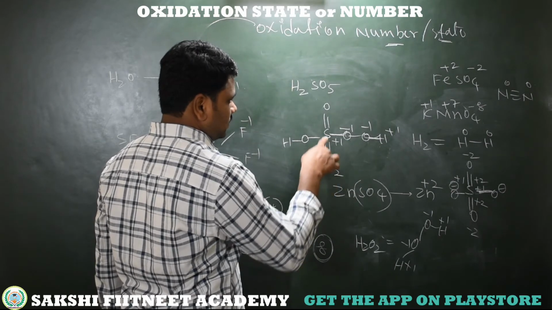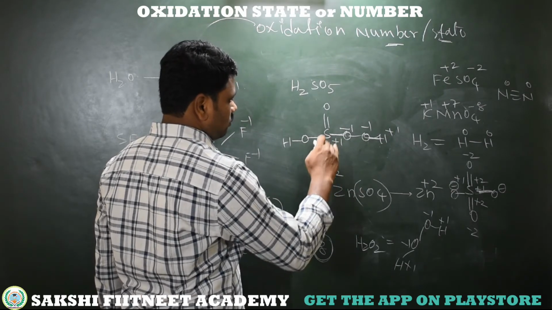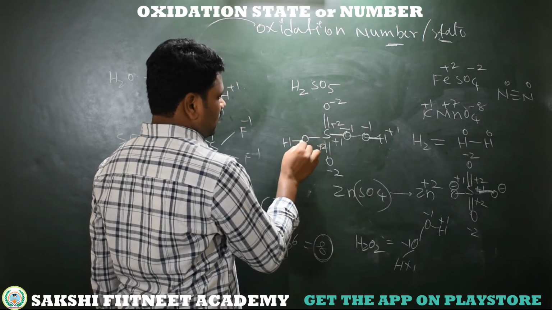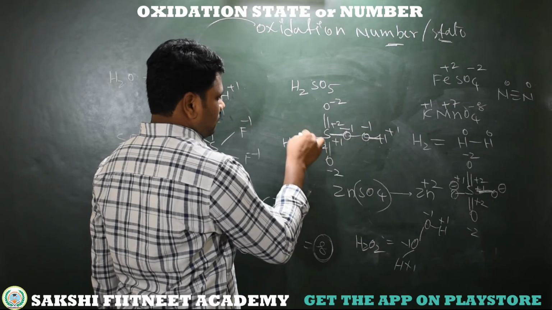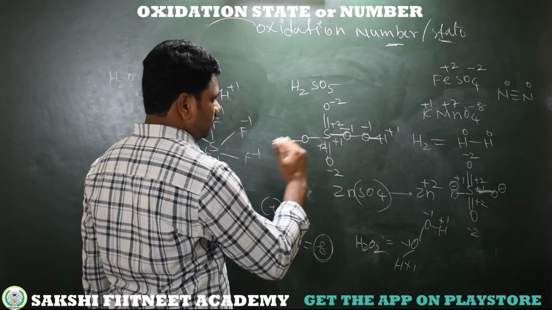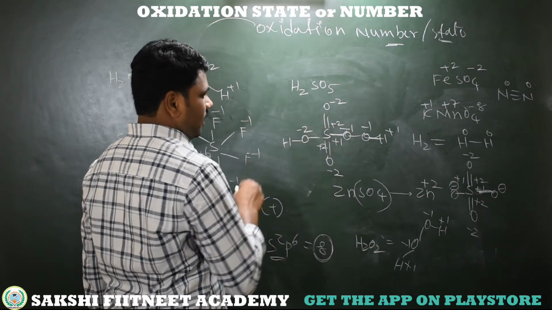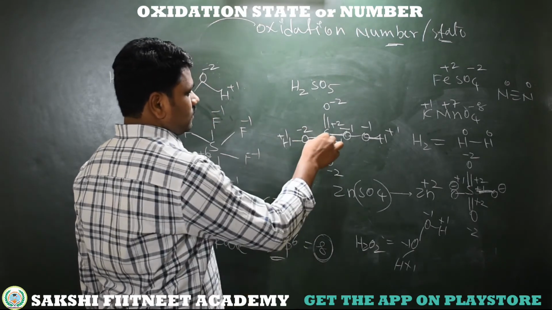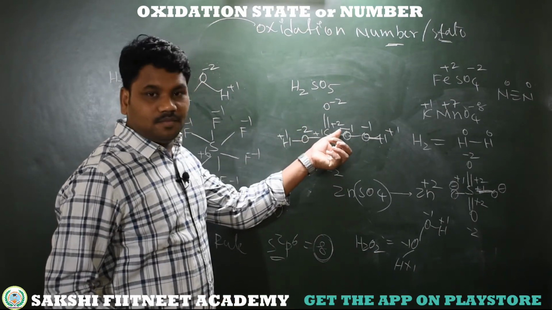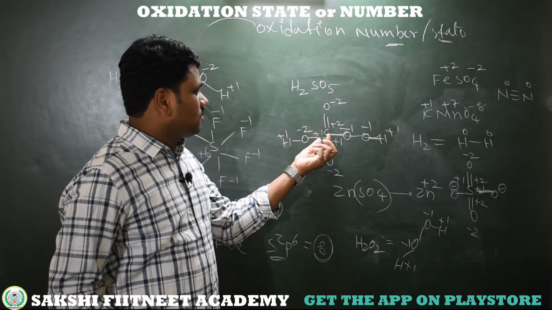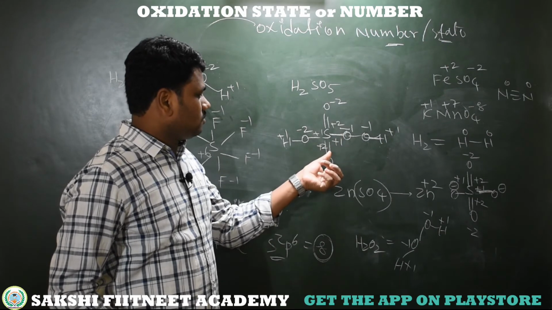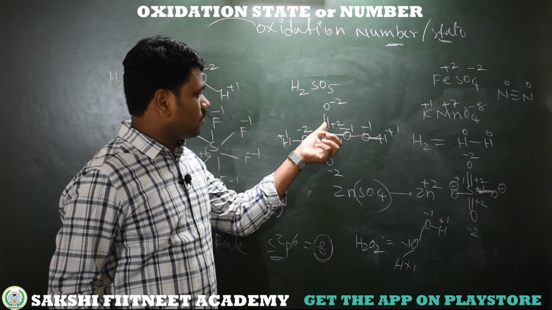Oxygen -2 and sulfur +2 because 2 bonds. With respect to this oxygen, it's +2 -2. See here, oxygen with sulfur and with hydrogen, both are less electronegative, so 1 electron from here, 1 electron from here, so 2 electrons, -2 +1. So with respect to this oxygen, sulfur gives +1. One bond so 2 bonds, +2. So 1, +2 is 3, +1 is 4, +2 is 6.